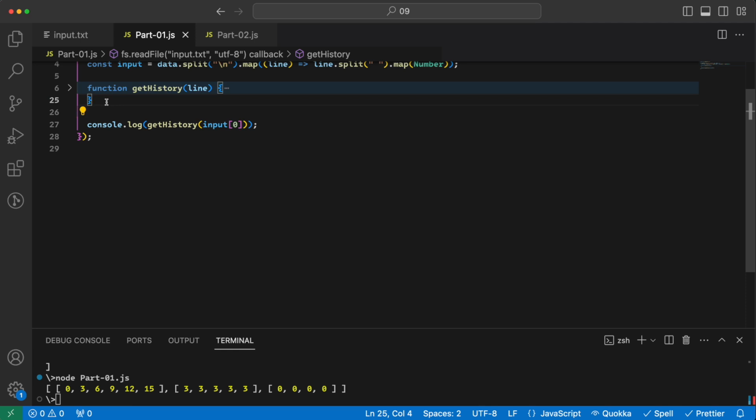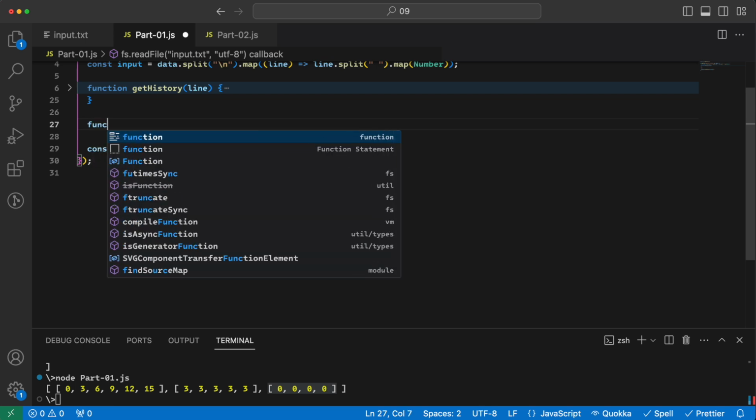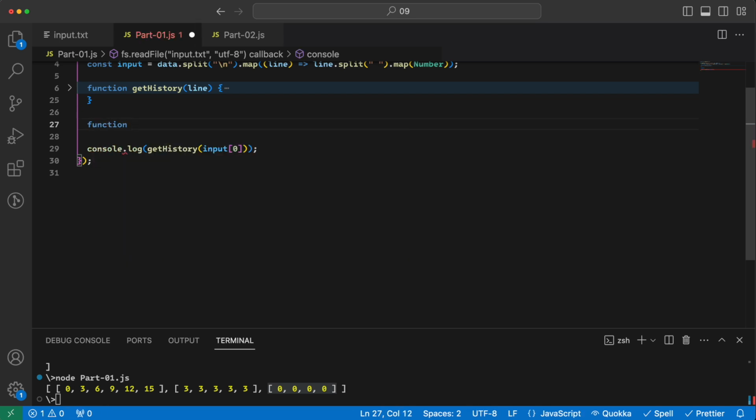Now I need to get the next value. So I think it's best to reverse this. So this is the first, this is the second, and this is the third. And then we would add the last item of this to this one and push it to the last of this. So in other words, I can say I have a function, call it getHistory. It would get a history like this,